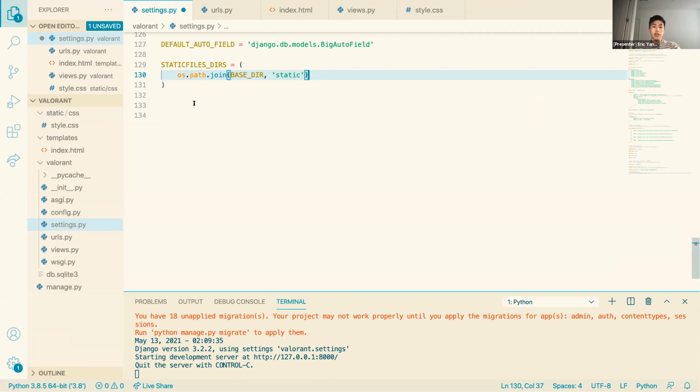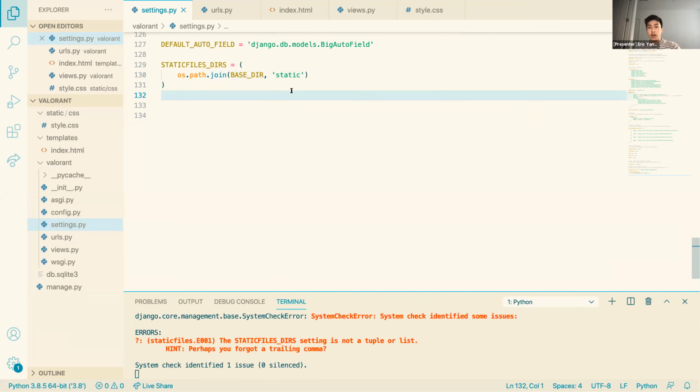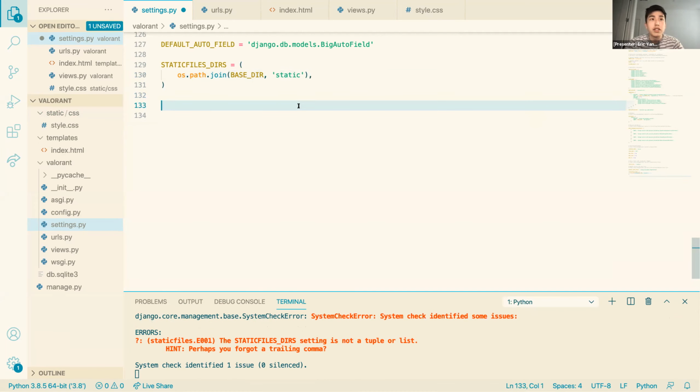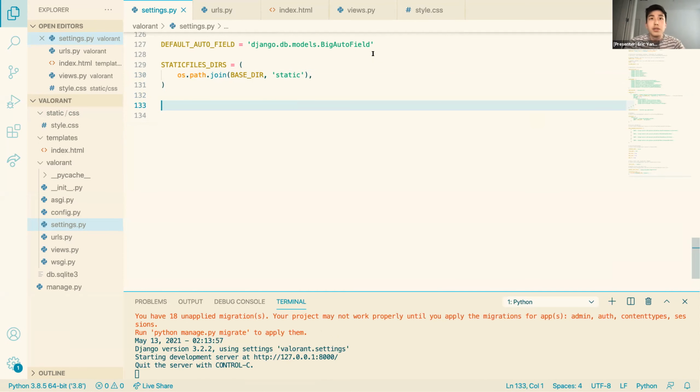Okay, so now that we have this set up, Django knows where the CSS files are. However, we have not yet linked. Oh, we actually need a comma after this too. Yeah, so now that we have Django recognizing where the static files are, we need to link the HTML file